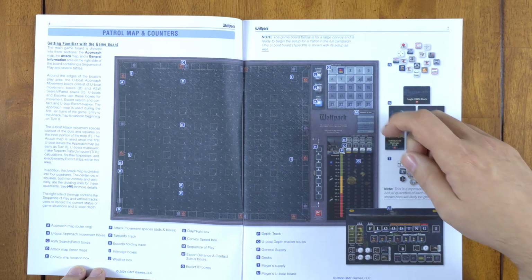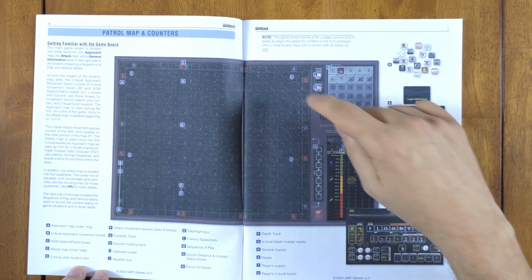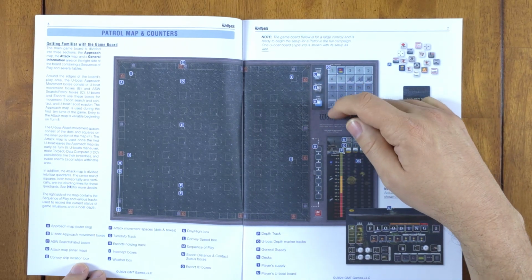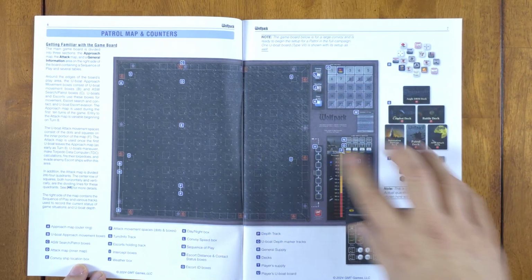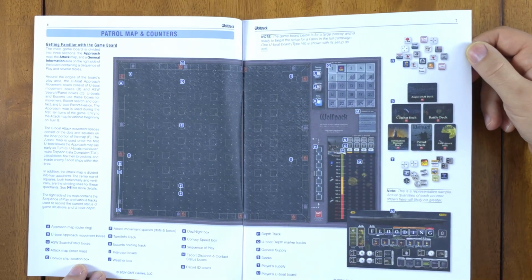H, escorts holding. So that's in here. I is our intercept box up here. J, weather box here. And you have K, which is day night, and L, which is convoy speed. M is the sequence of play. So we'll see all this when I get the map out, but you can see the components, which I haven't